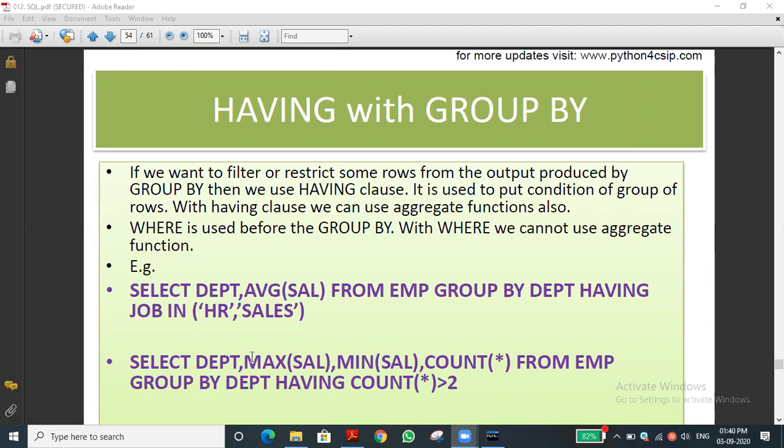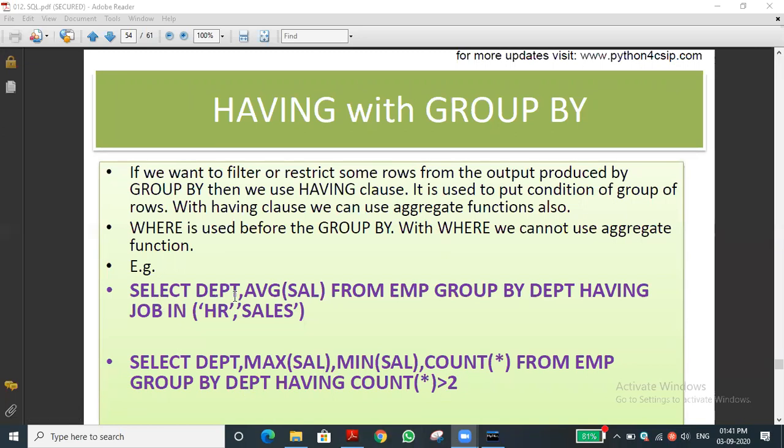Select department, max of salary, maximum salary, comma, minimum salary, count. Sir, I want the explanation once again, sir, about group by. If you want to give an extra condition to that, you can use having, not group by. Group by we already used it. Having means where the value is there. Later I will explain the first thing for you.